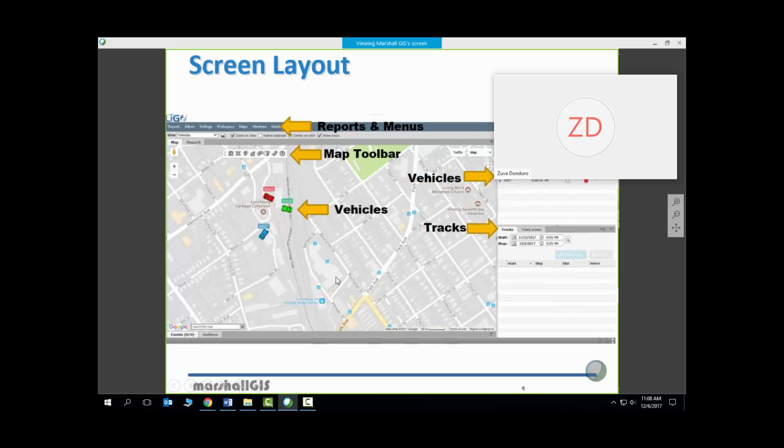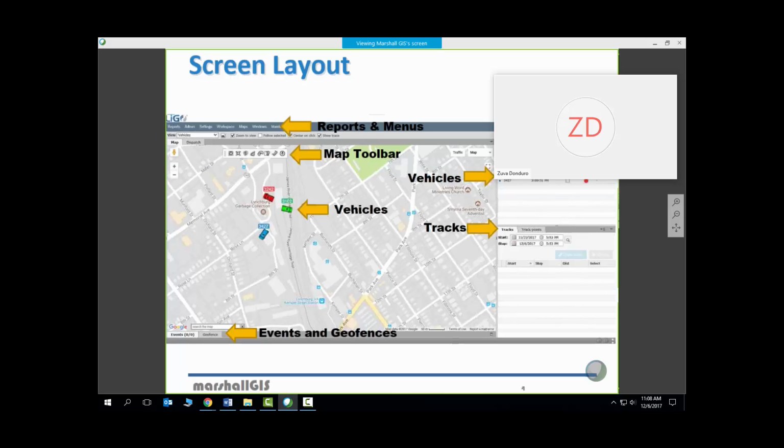Okay. The other thing is there's a toolbar to interact with the map, which I'll be covering in a lot more detail, but these are some different tools, zooming and so forth. Down in the lower left-hand corner, there's an events tab and a geofence tab. So this allows you to see your events that are occurring, and then also you can set up your geofences